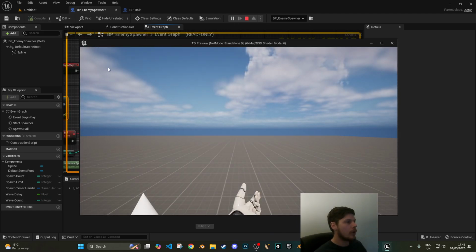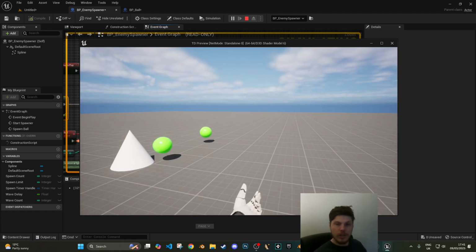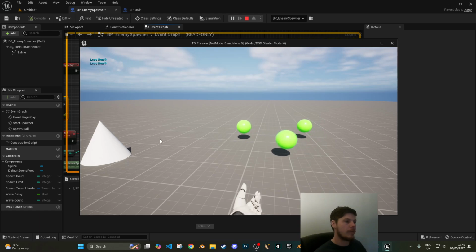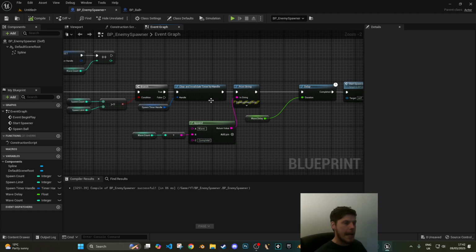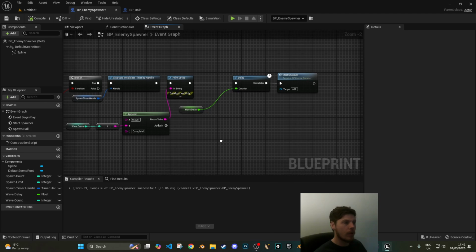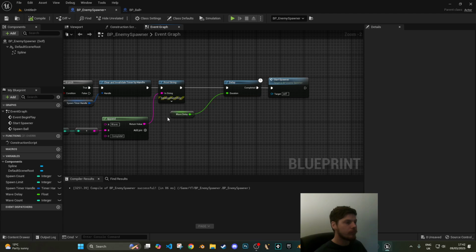Hit play. Okay, so wave 1 started in the top left. Wave 2 complete. Now that might be a little bit too quick. You might want to add a delay between this wave complete. That's completely up to you. But